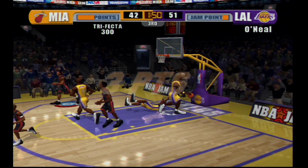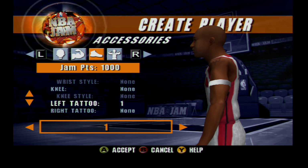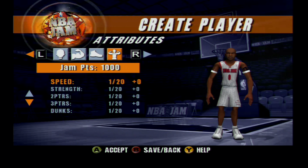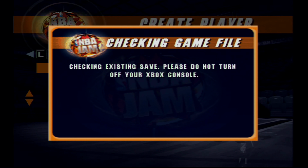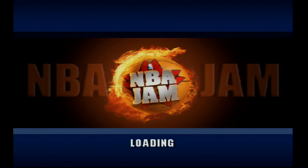And whenever you build your character, he's a total noob. If you build a character with the starting amount of, I think they call them jam points, yeah, jam points, your character's a total noob, you know? He's gonna be this little scrawny 5'3" guy that can barely make a basket from the free throw line. But as you play as the pros, like back in the old times, you accrue these jam points so that you can eventually make your character as good as the pros, which I hope to be one day. You know, as good as the pros. But anyway,